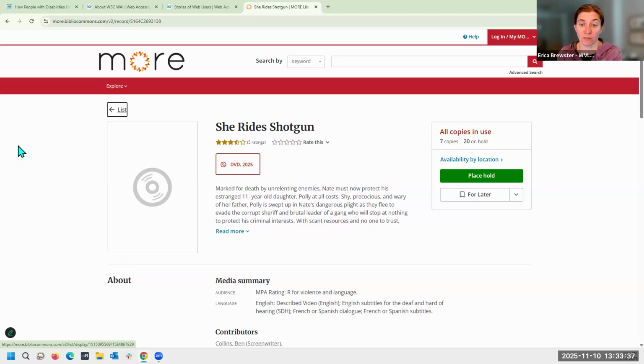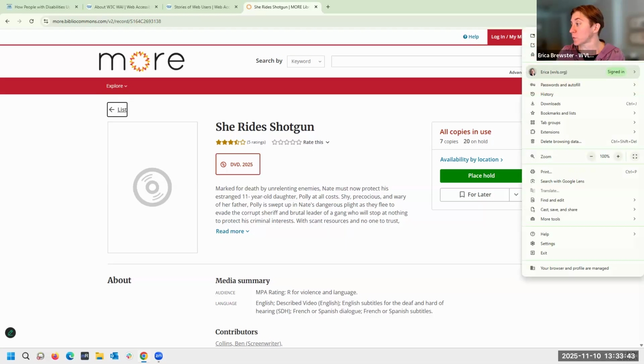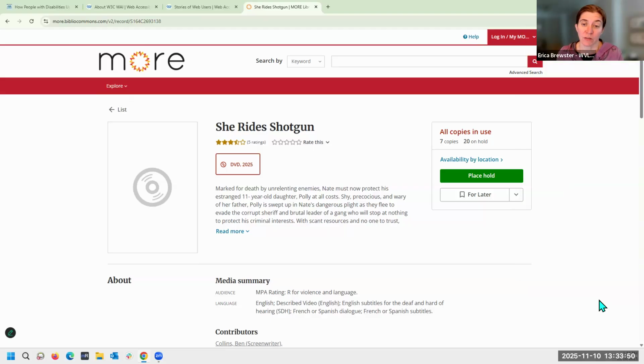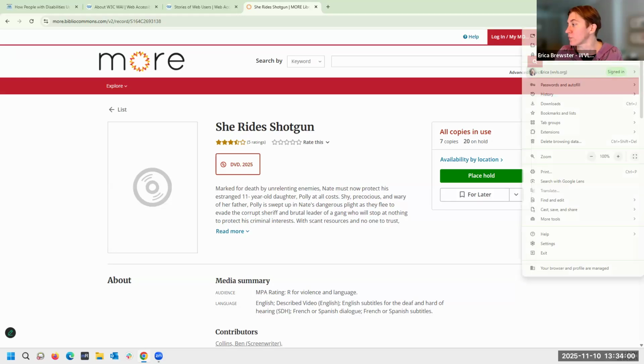Also, how does this look if it was in dark mode? If I were to change my browser to dark mode, would I be able to read everything and do everything as I would want to be able to do? So these are some tests that you can do on your own website. You can get some ideas and get some sense of what it would be to work